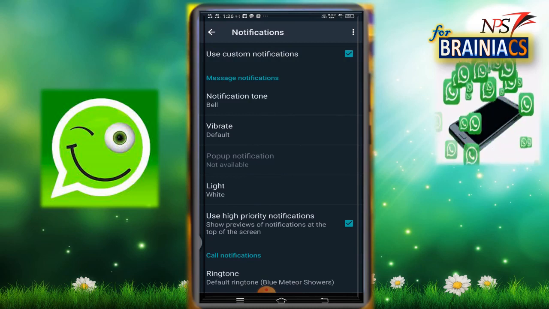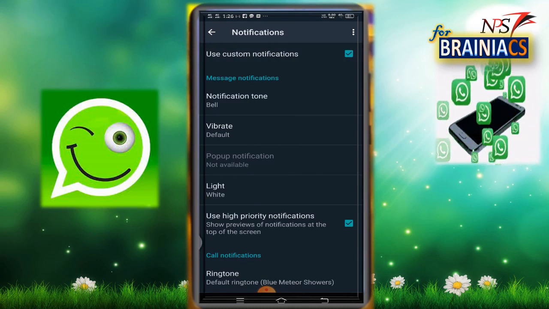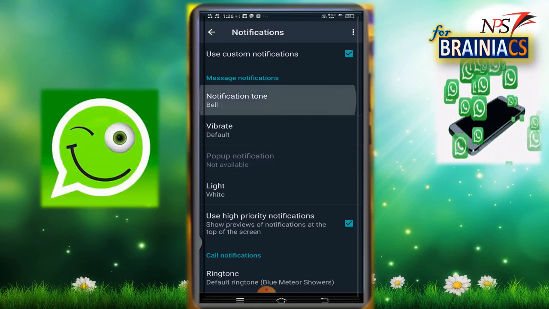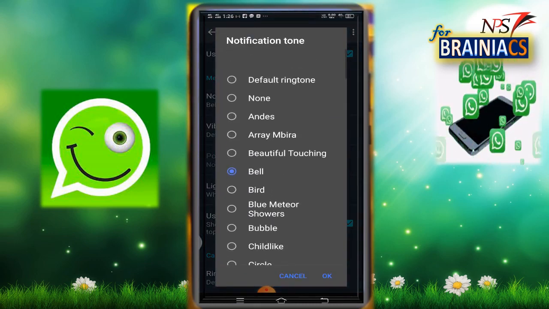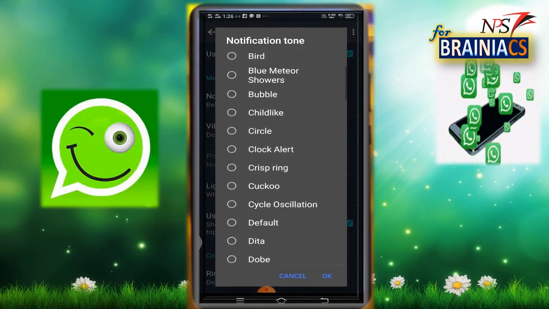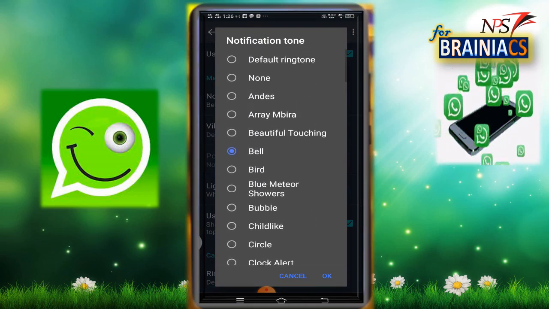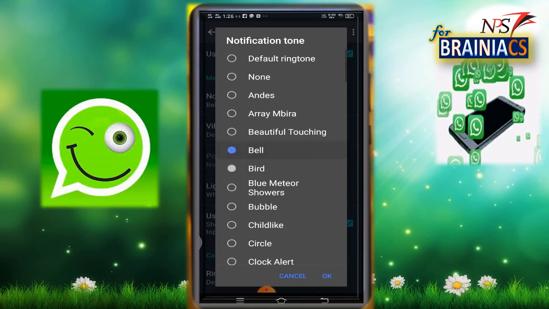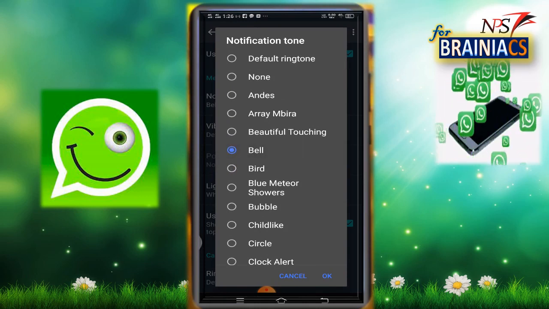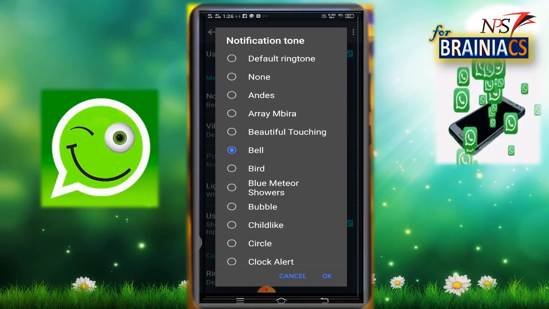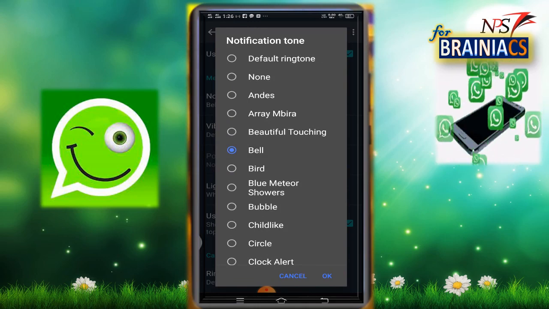Notification tone, this message notification, the third one, just select that. We'll be having a lot of options like this, different message tones, so you can select one. For your favorite person or favorite group alone, you select that message tone,